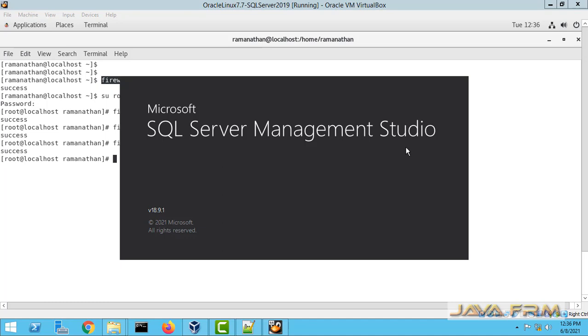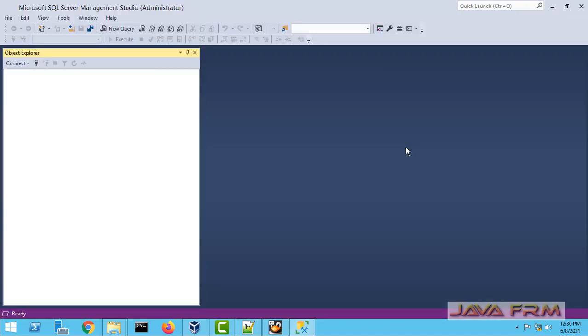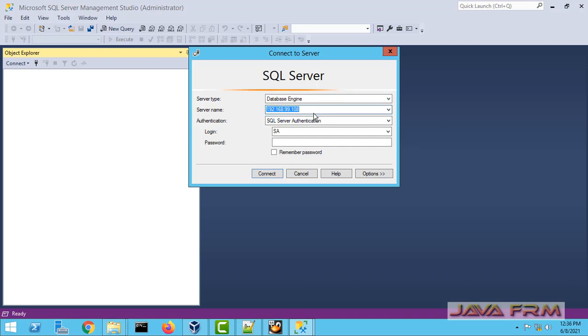Now I am starting SQL Server Management Studio. Now I am going to connect to the database which I have created. Using this IP address, I am going to connect. The username is sa, and the password.